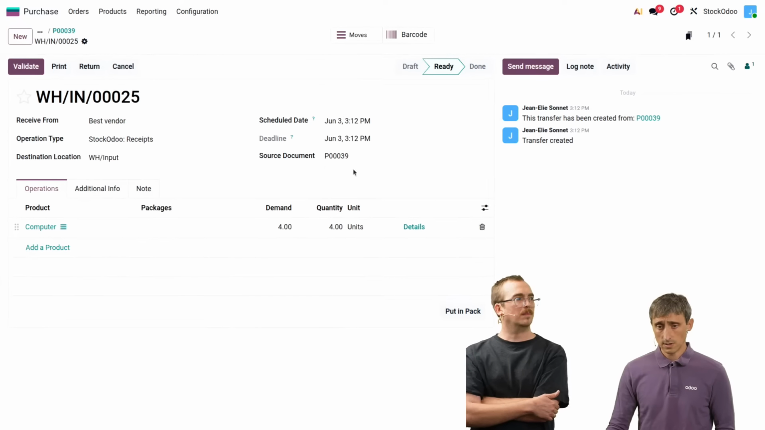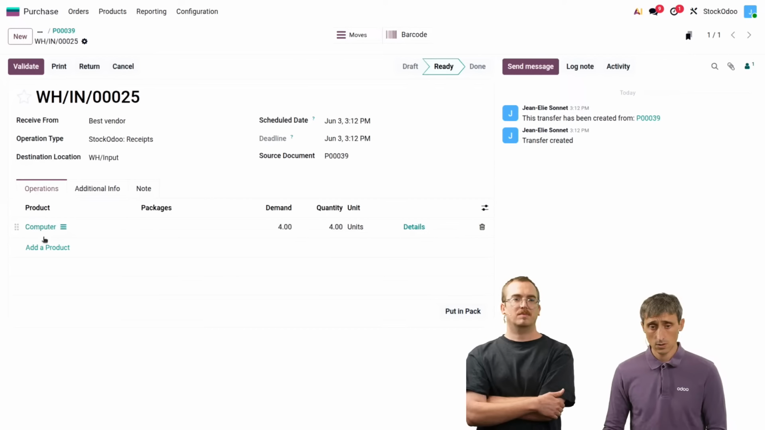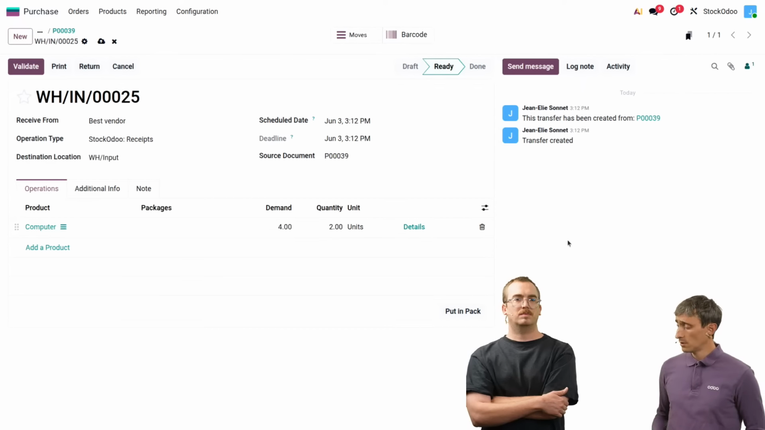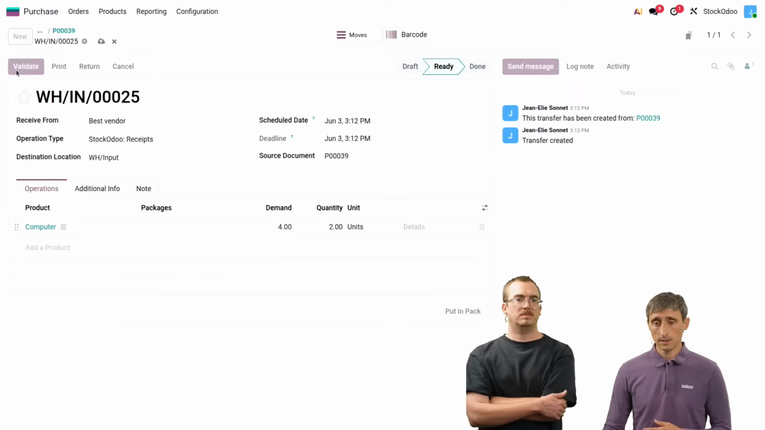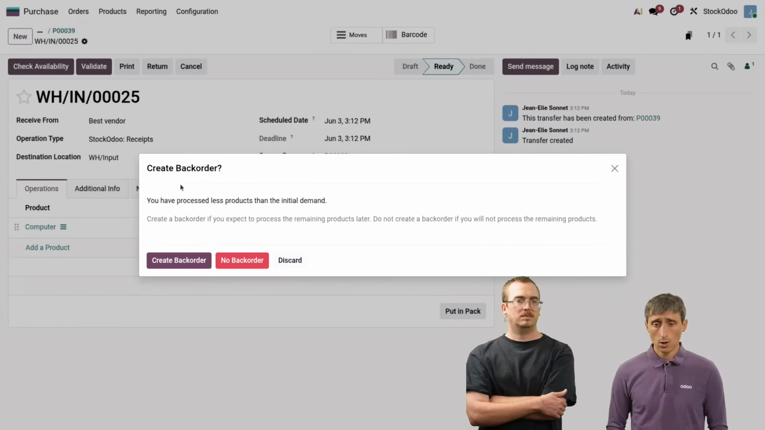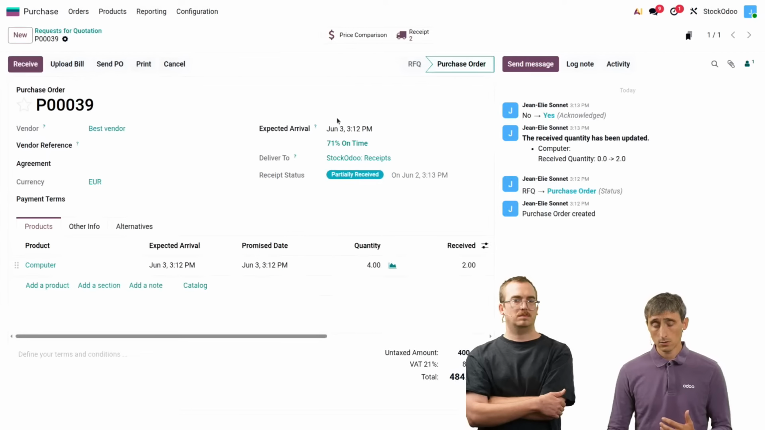That generates a receipt. So I have here the operation type receipt on which I was just before. And here, let's imagine I should receive 4, but the supplier only had 2 in stock on hand, and so I receive first 2. So here I validate, and the system tells me, because of the configuration we just saw, whether I want to create a back order or not. If I decide to create a back order, now what's happening is that on the purchase order,